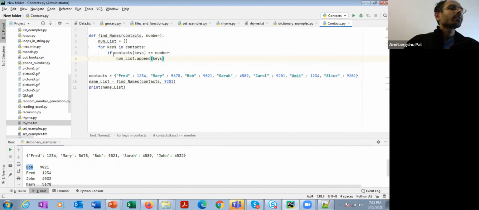If the number matches, I'm going to add the corresponding keys, which is basically the name of the employees.